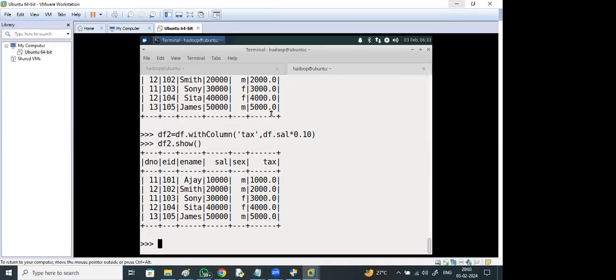Now tax value is 1,000, 2,000, 3, 4, 5. Now again, if you want net salary, a new column net sal, NET, SAL. Now you apply df2 dot withColumn net sal. What is that? Net salary. Sal minus tax.